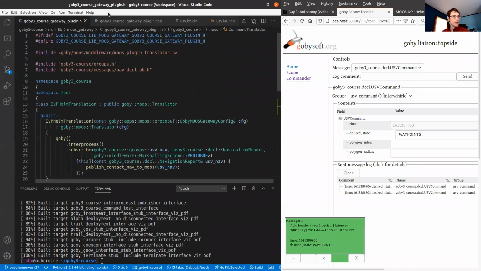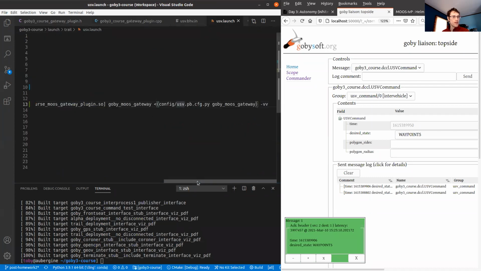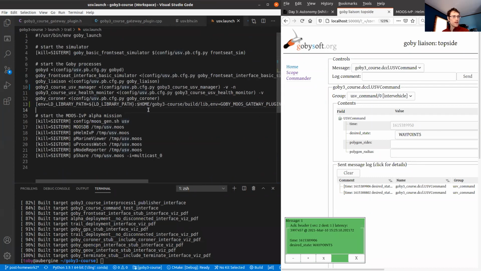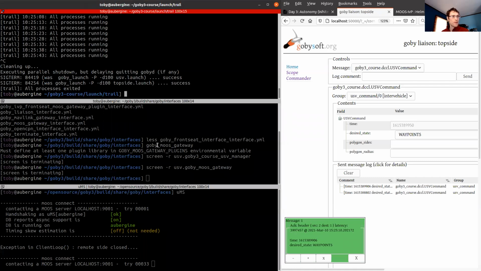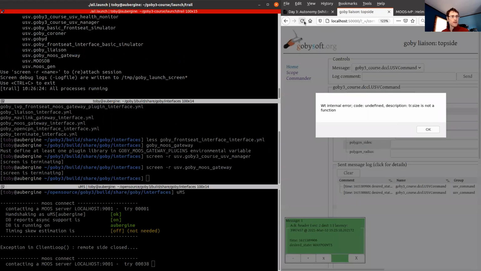Command translation, make sure that's saved, make sure that's loaded. And then my launch file for the USV, it's running the correct plugin, but it's not actually running.